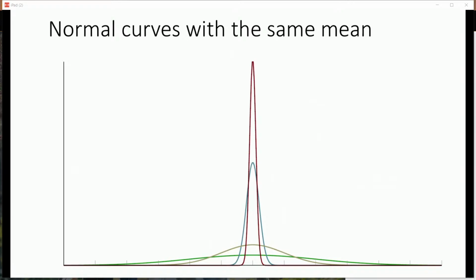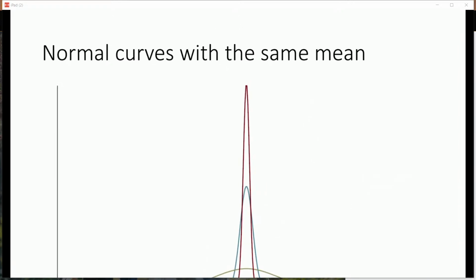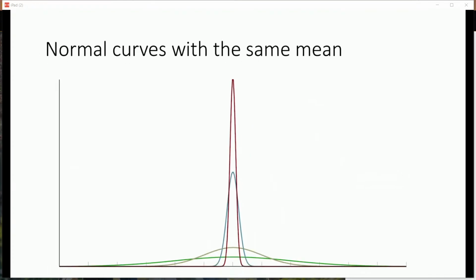That one's shorter still. And then this green one, you might not have even noticed that at the bottom. That green one is really short and really wide. The difference between these is the taller and skinnier it is, the smaller the standard deviation. So this one that's really tall, that one,